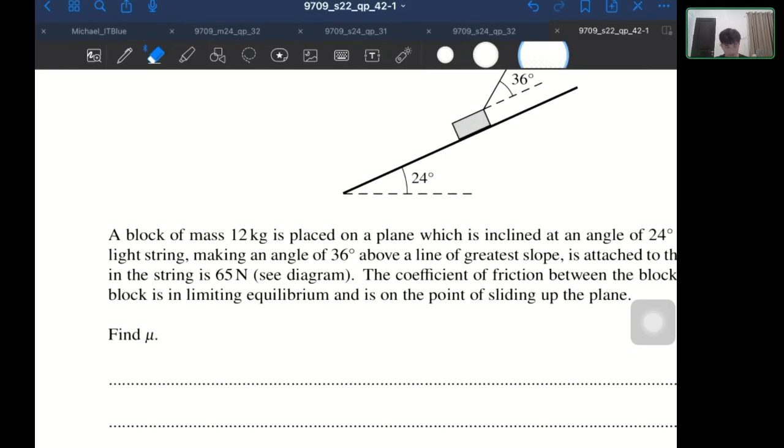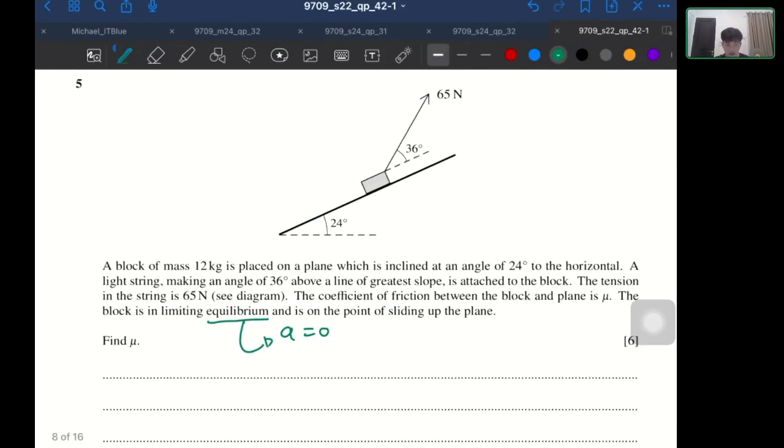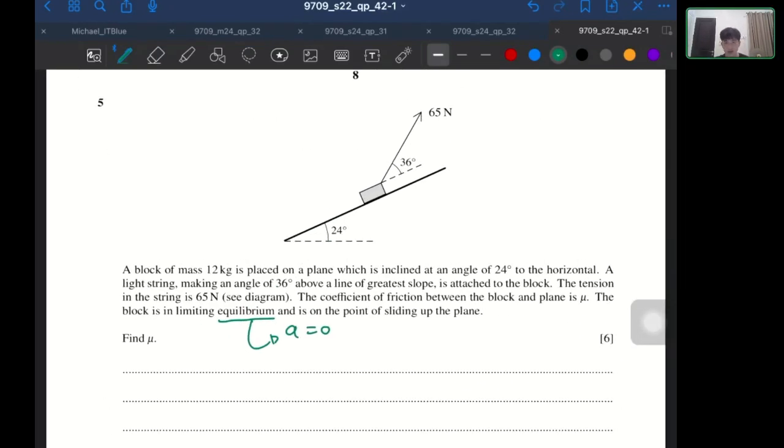Like for example, I have found a key point here. It is told that it was equilibrium. So what happens if it's equilibrium? It means there will be no acceleration. So actually, for this question, we could use our past formula, the one that I discussed in number 2, which is